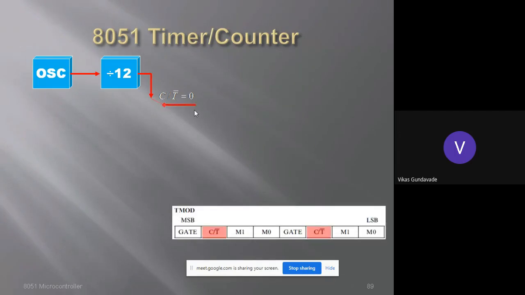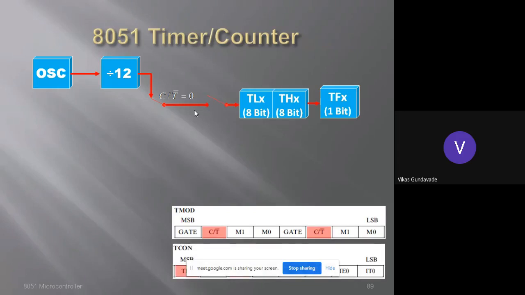Then the next one is, when we are taking a particular count, or we want to provide a specific delay, that delay gets loaded into the two registers associated with the timers. These are called TH and TL. With the pair of TH and TL, we can save 16 bits, and these 16 bits can be used to provide a specific delay. And when the complete count overflows, an interrupt is generated that sets the TF bit of the timer control register.